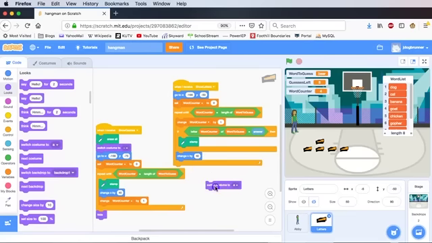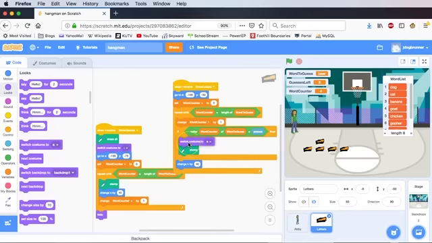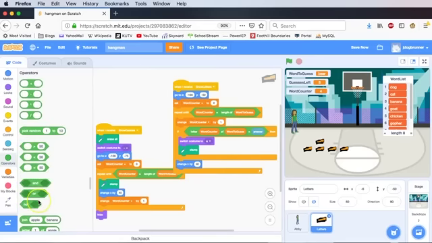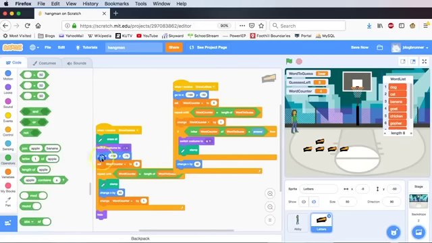So we're going to switch costume before you stamp it, and we're going to switch it to, what are we going to switch it to? If it's the letter E, we need to switch it to an E. Well, that's going to change every time, so we need the program to figure that out for us. And we do that by looking at this one right here that says letter blank of blank. So if it's the letter E, it needs to be letter 2 of